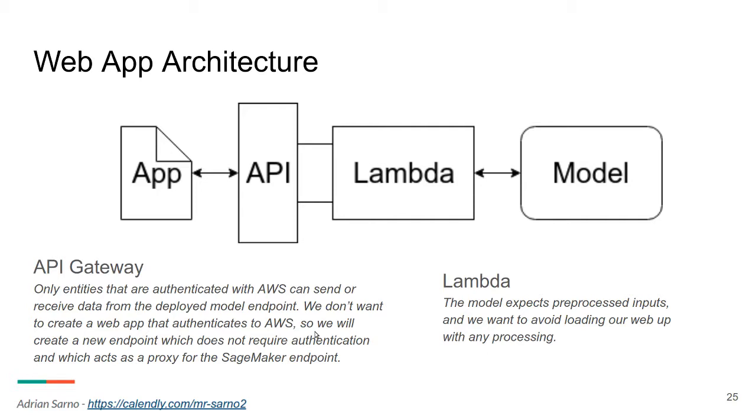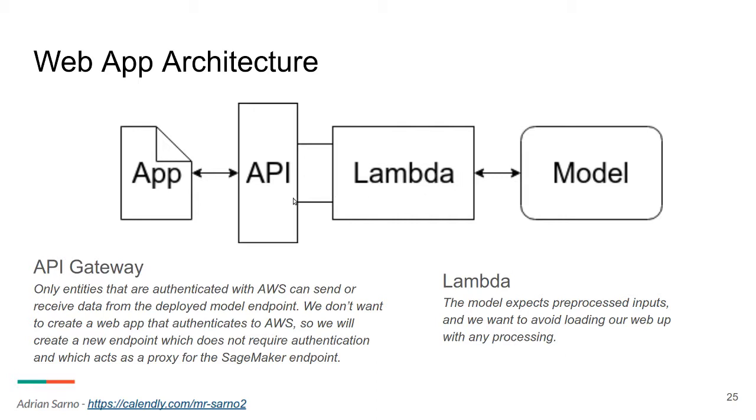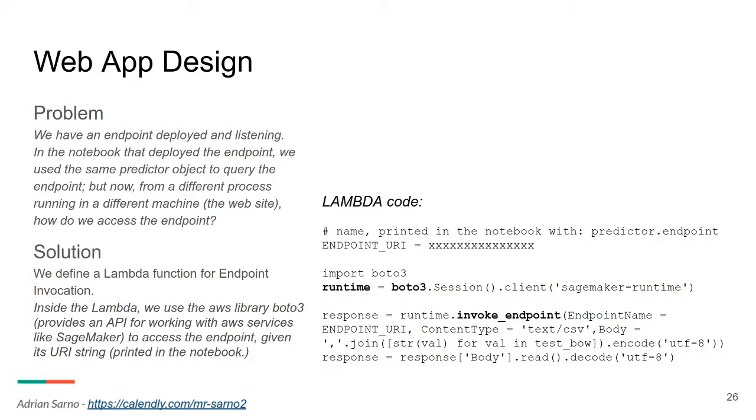So here goes the architecture again, and I have added some explanation in this slide of why we need the API gateway and the lambda. A little bit more on that. It's a web app design question. What's the problem that we have? We have an endpoint deployed and listening, and we know how to call it from the notebook that created the endpoint, but how do we call it from some other place that doesn't have the